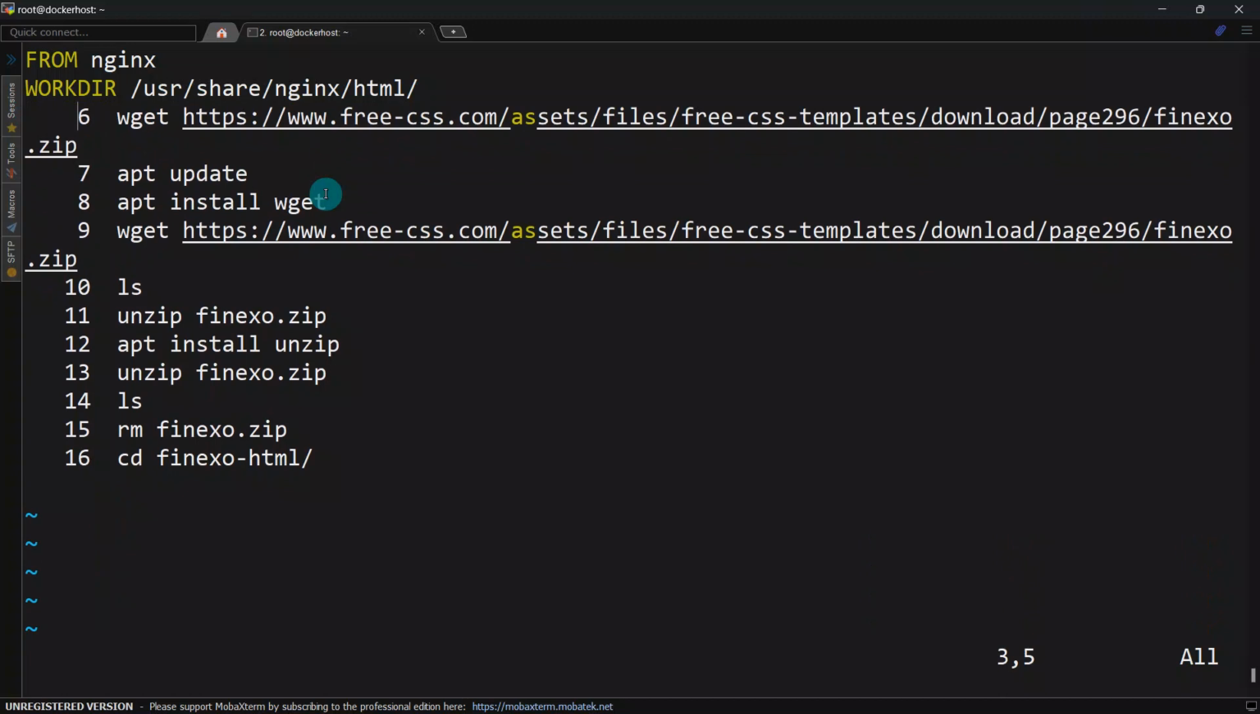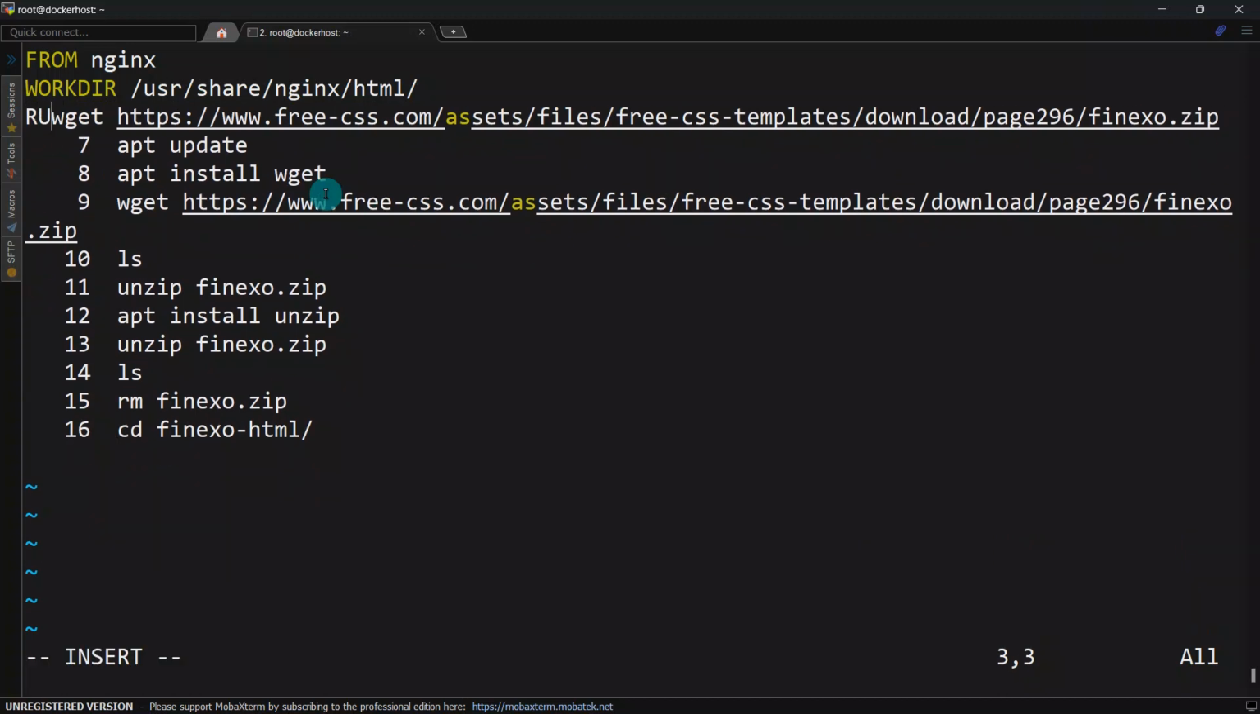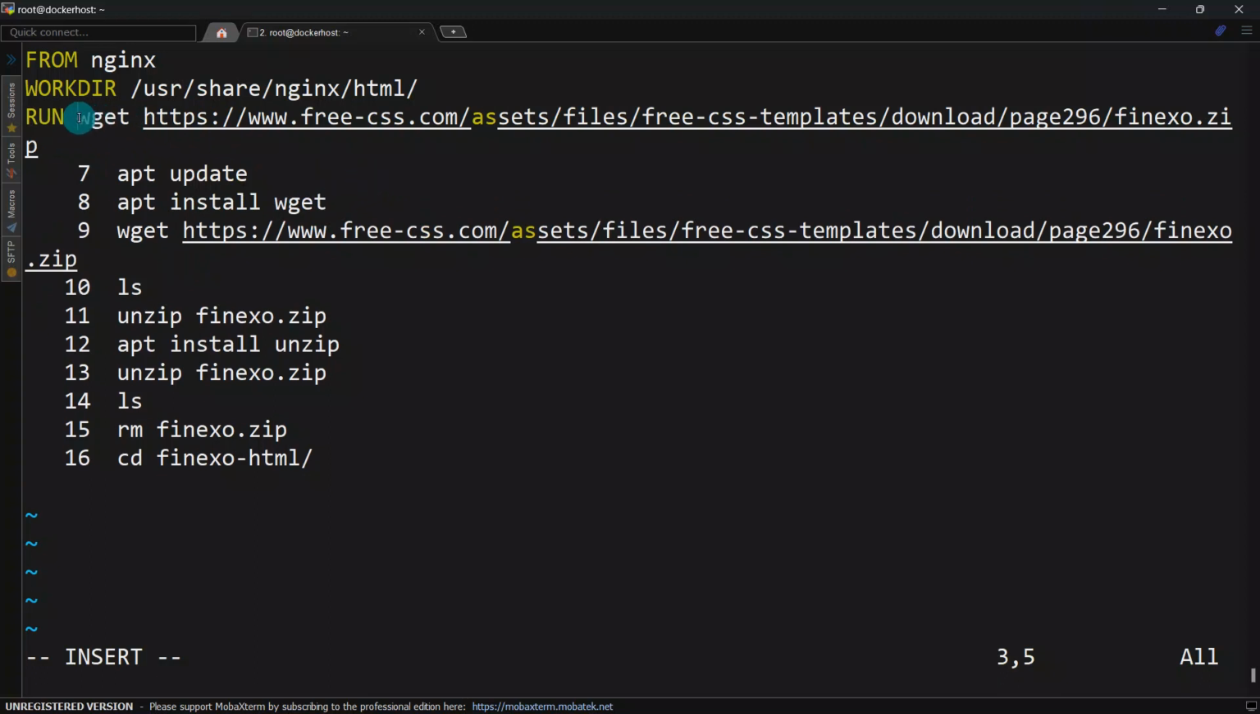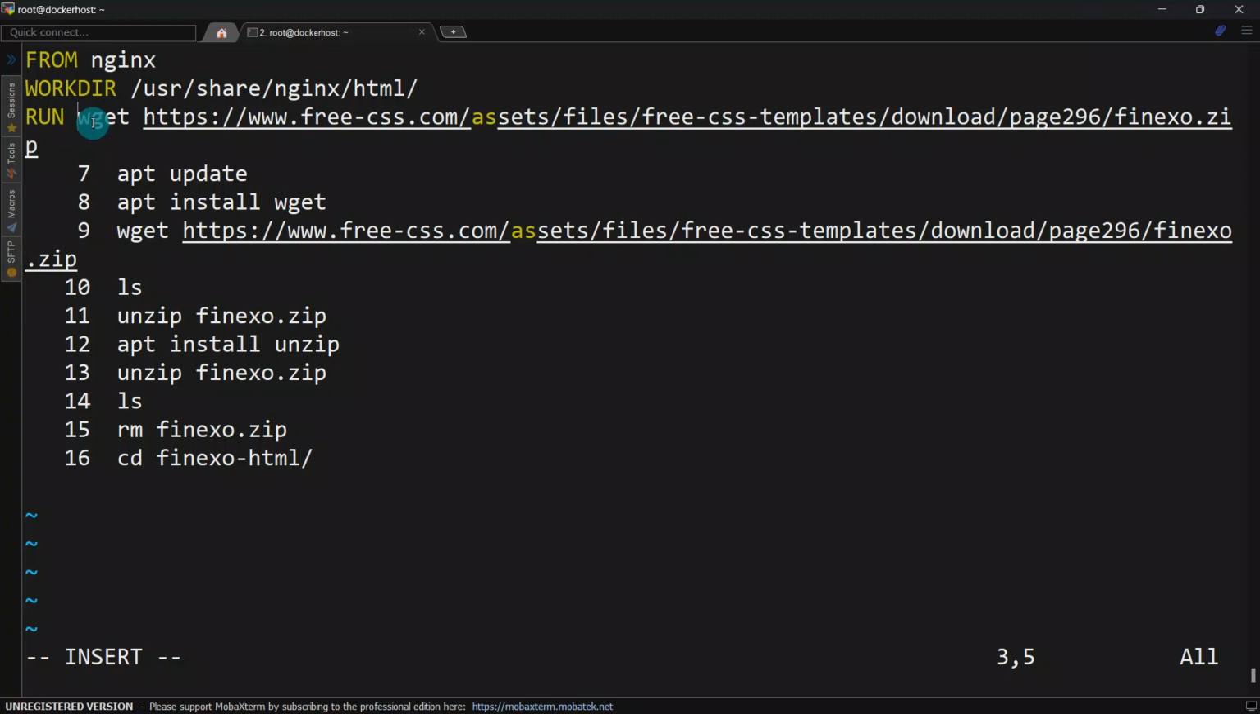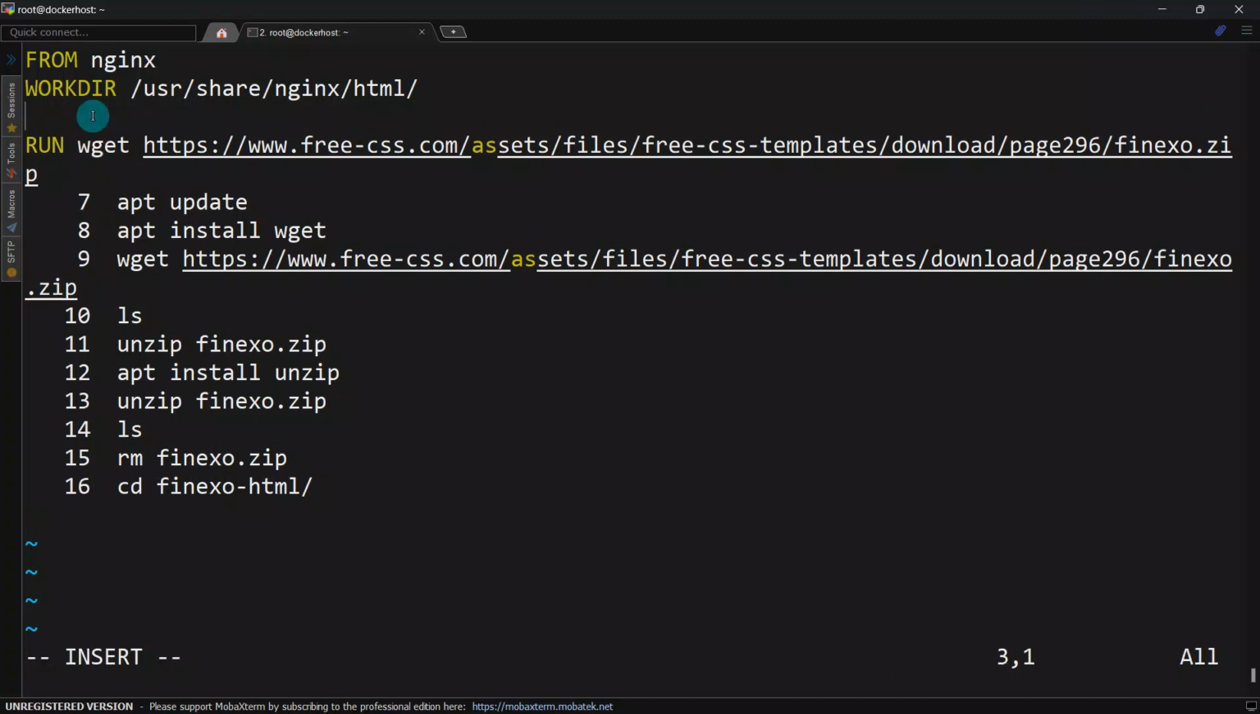Wget is important for us. Run is one of the instructions; whatever you write after the run will get executed as a Unix command. But wget was not installed by default within the Nginx image, so we have to install it first. So apt update